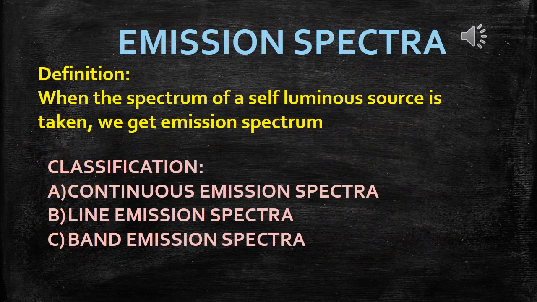Now we are going to see about emission spectra. What is emission spectra? As per the definition, if any light is emitted from a self-luminous source, that light must be allowed to pass through the prism. After being incident on the prism, the light is split into 7 colors. Such a kind of spectrum is called an emission spectrum. In the name itself, the meaning is there. The light must be emitted from the source. That light must be observed with the help of a spectrometer. Such a kind of spectrum is called an emission spectrum. Here we are going to see the classification of emission spectrum one by one.